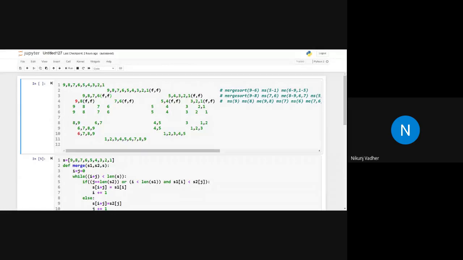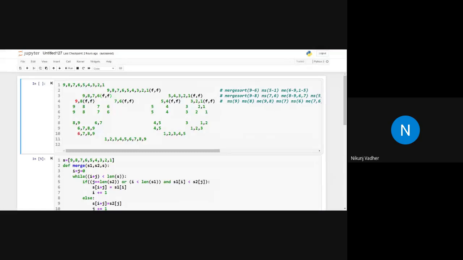What is the time complexity of the matrix multiplication algorithm? N cube. Why? Because there is a loop inside a loop, and inside that another loop, so there are two nested loops inside the outermost loop. If it is a simple for loop, the time complexity will be n. If it is a loop inside a loop, it is n square.